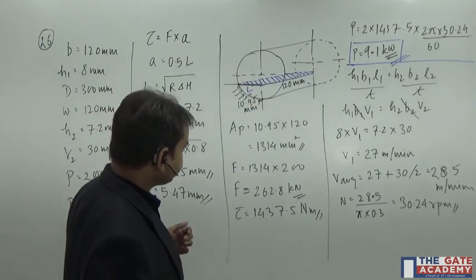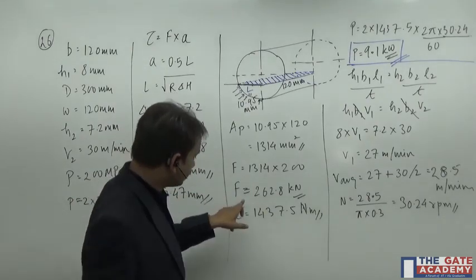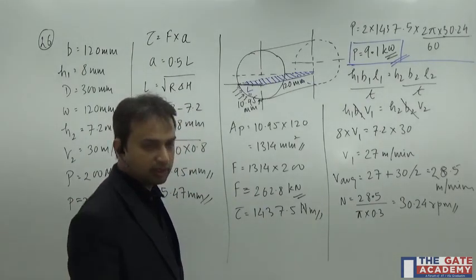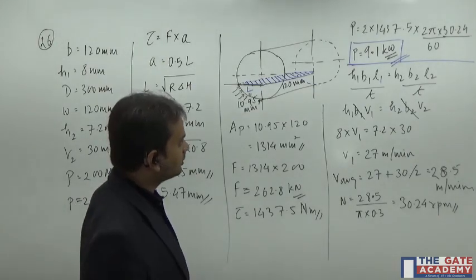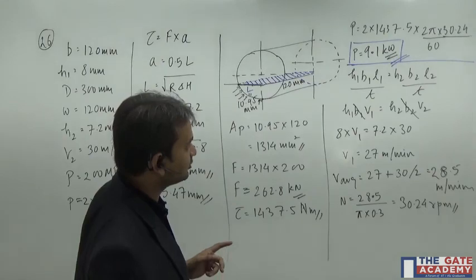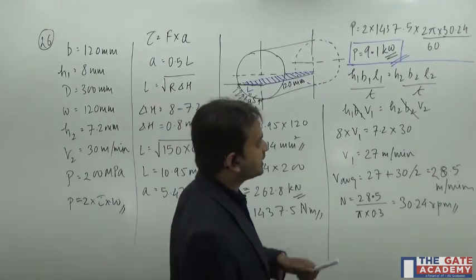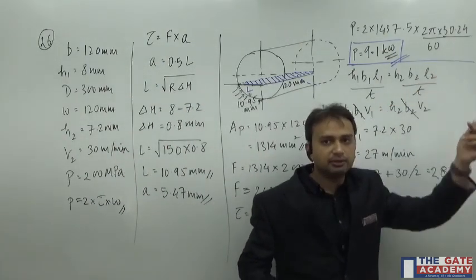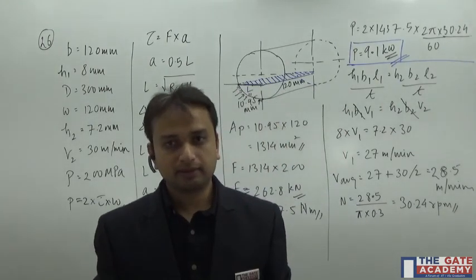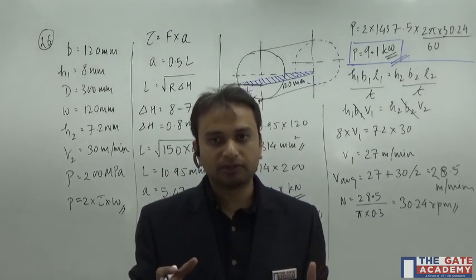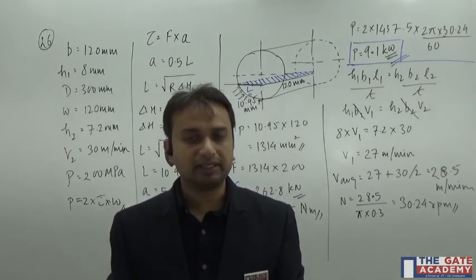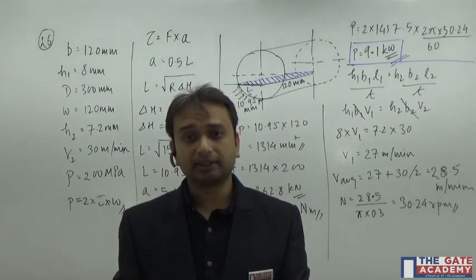Alright, right. And so you got the force as 262.8 kilonewton, and that is why you got torque as this much. And then you started putting down the values over there, but the only challenge was that this N could not be found out directly, because N is nothing but the RPM of the rolls at the deformation zone while they are deforming the material, right? So this is what we needed to find out, but nothing was given to us.